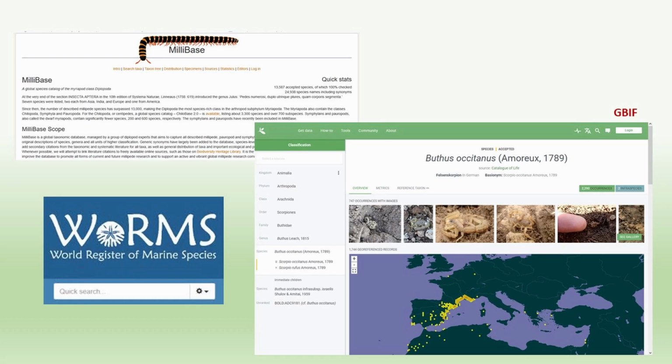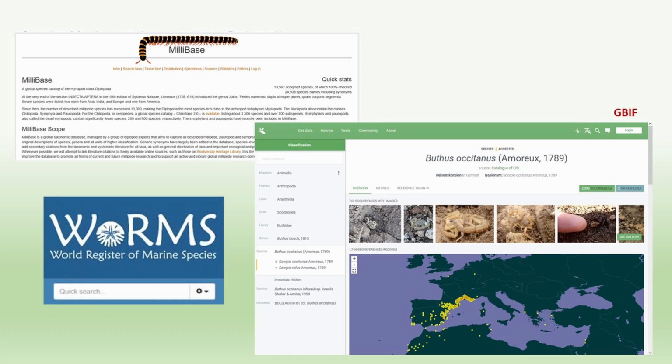Okay, this was just the spiders. For other groups, we have other similar systems. For millipedes, we have a very nice Millibase catalogue, which does more or less the same thing. Anyone working with marine animals must know the WoRMS database, also very good. This is good for our sea spiders. And for non-spider groups, I've tended to focus on the GBIF website, which also seems to be a pretty good source of taxonomic data. It seems to be fairly accurate and updated. There are some names that aren't in there, and this can cause problems, but generally those would be our primary